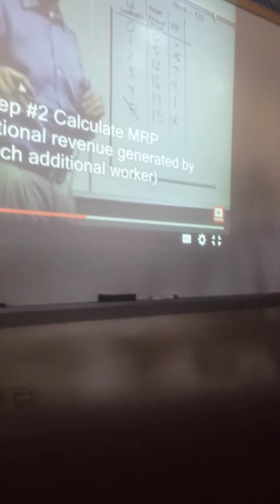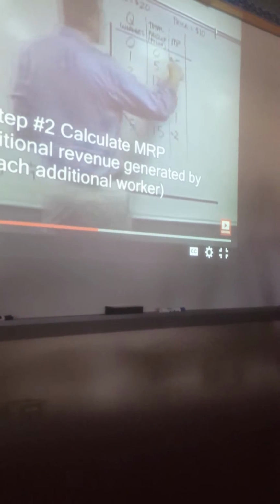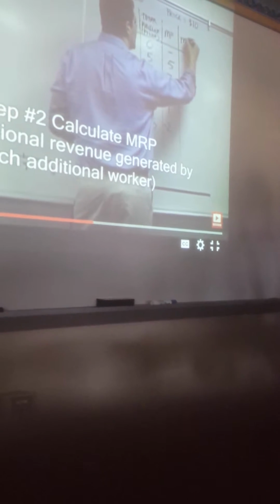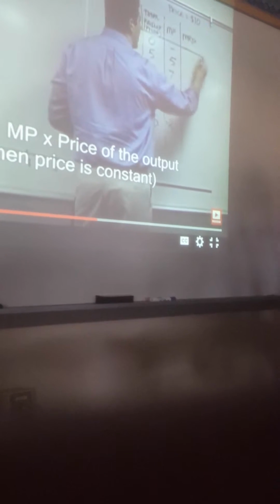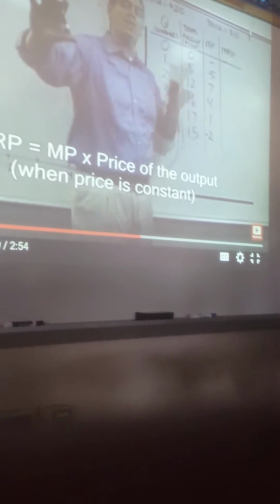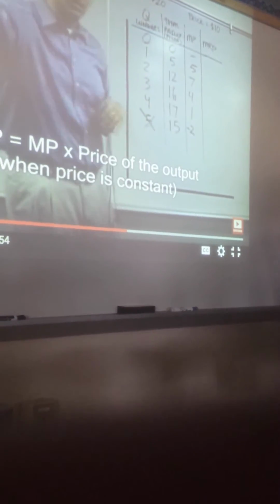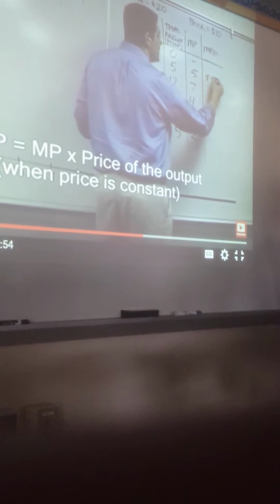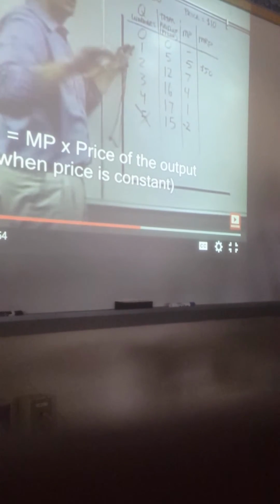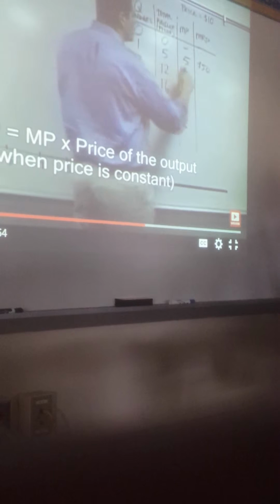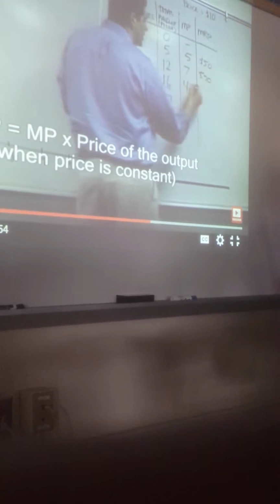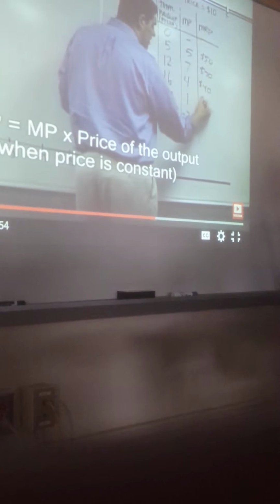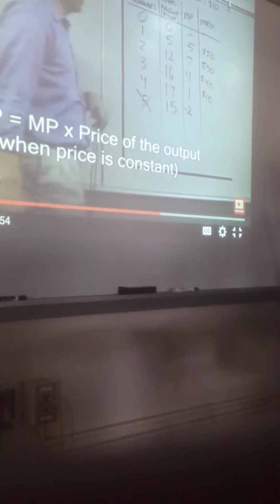Now that I know how many additional pizzas they made, I've got to convert that into how much revenue they brought in. Well, I have to multiply the marginal product times the price, and that'll give me the marginal revenue product. The reason why is this price is set by the market, and that's a perfectly competitive product market. So the price isn't going to change. The price is set. So price times 5 pizzas gives me $50. This first worker generated an additional $50 for me. Second worker generated additional 70. Next one additional 40. Next one additional 10. And I don't care about that 5th worker.